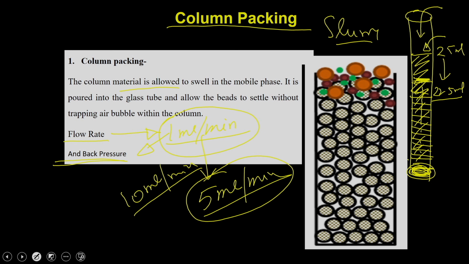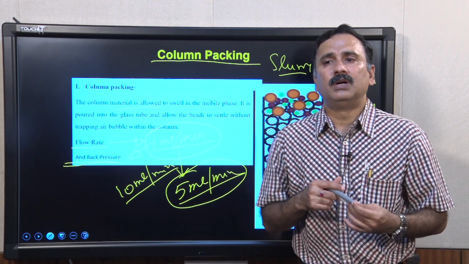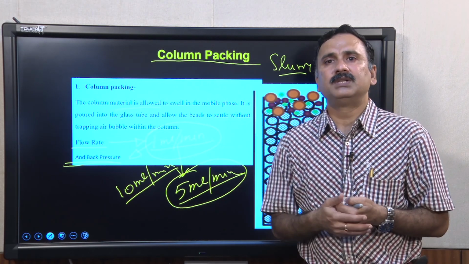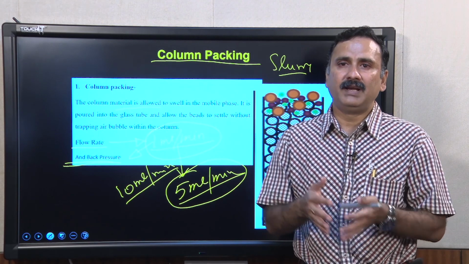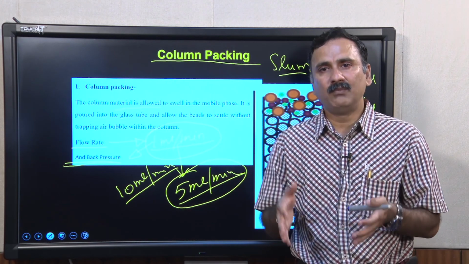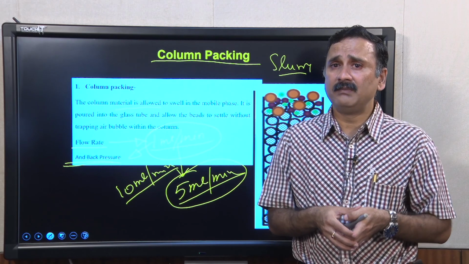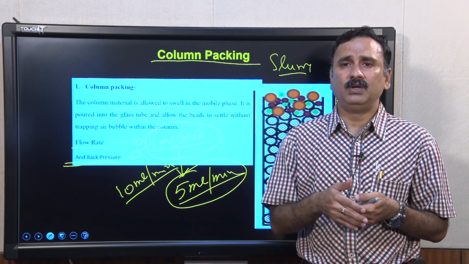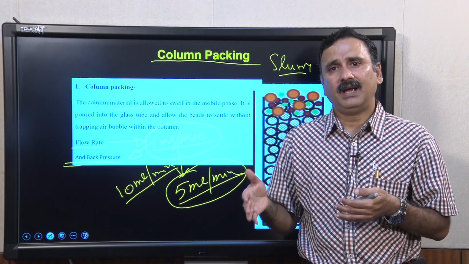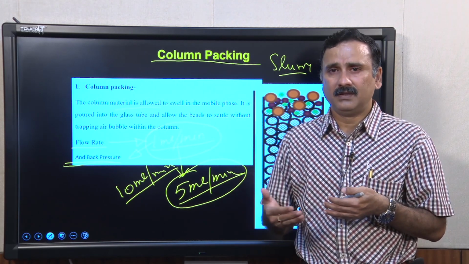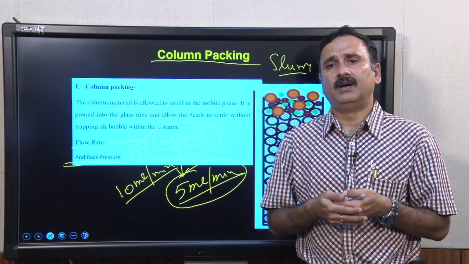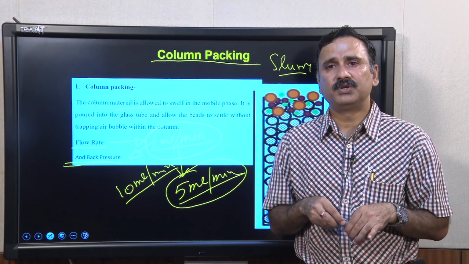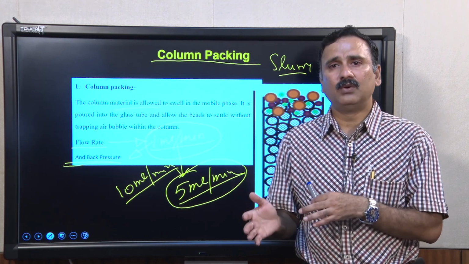So, with this we would like to conclude our lecture here, and in the subsequent lecture we are going to take you to my lab to show you a demo of how to pack the gel filtration column, what different precautions you have to take when doing the packing, as well as what things you have to consider so that you will be able to utilize gel filtration chromatography in your laboratory very successfully to complete your experiments.